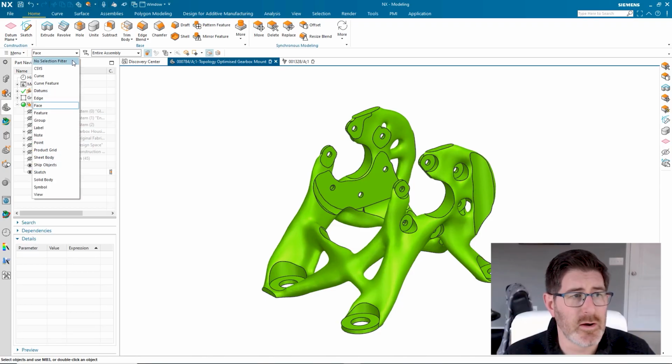If I was doing this with geometry from some other topology optimization system, I would most likely be just massaging facets. And anybody who's done that knows how terrible that is, even with a really good system. So in this case, we're getting really nice, clean geometry out with real faces I can work with to do my job easily and cleanly. And I'll show you how right here.